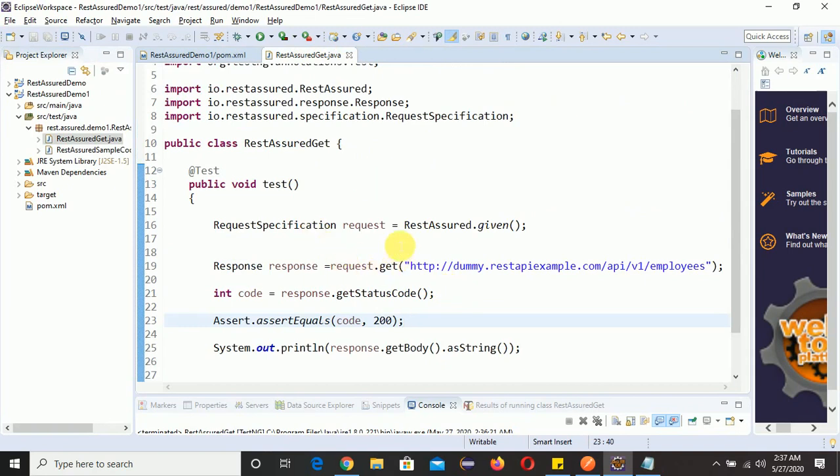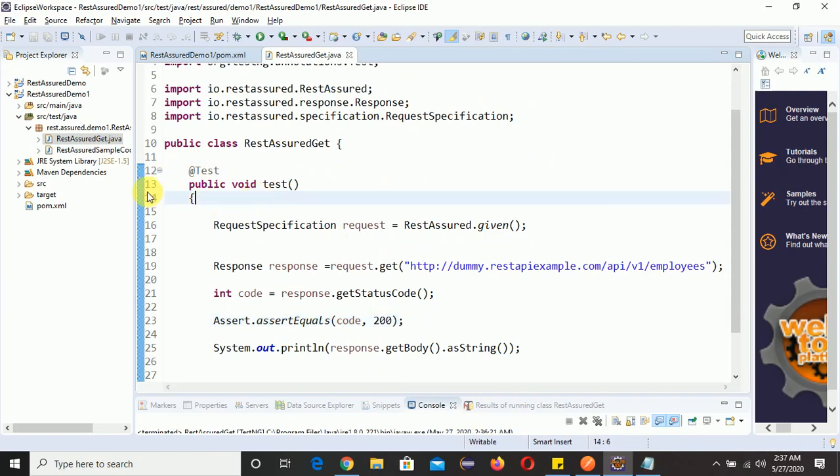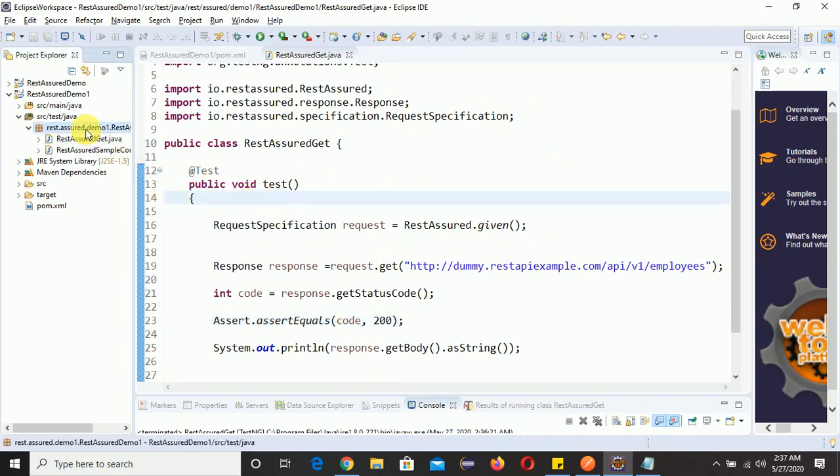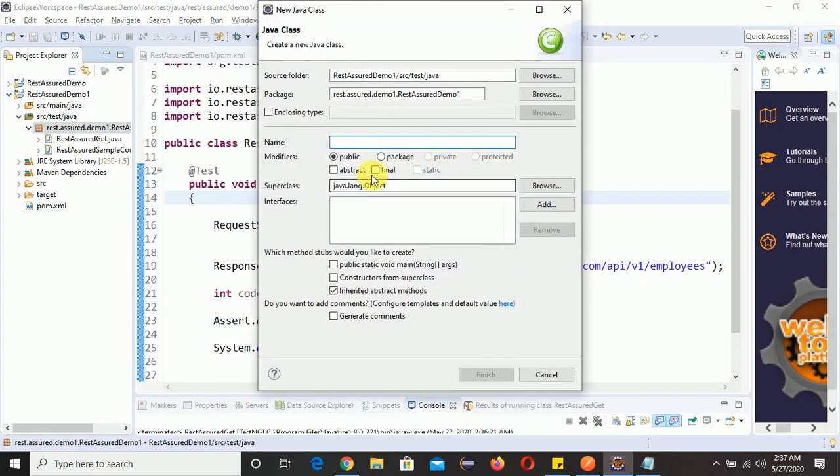So this I have shown you, how to write GET by using Rest Assured. So we need to check for POST also, PUT also, and DELETE also, right? So let me create one more Java class here. New, and click on class. Let's name it post.